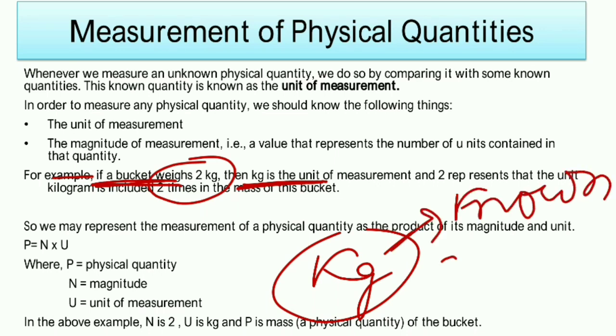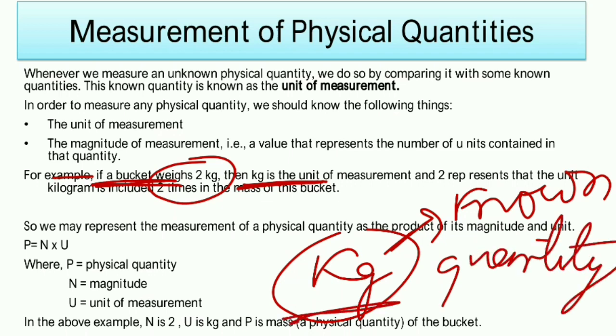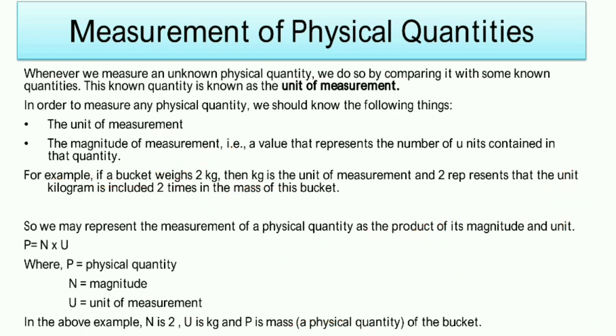What? Known quantity. So it is the unit. Kg is the unit, and this number 2 is the magnitude. If we say 2 kg, it means kg is the unit of the measurement, and 2 represents that